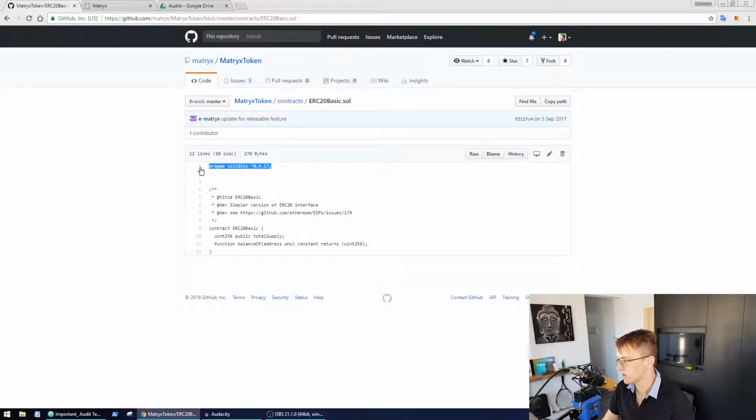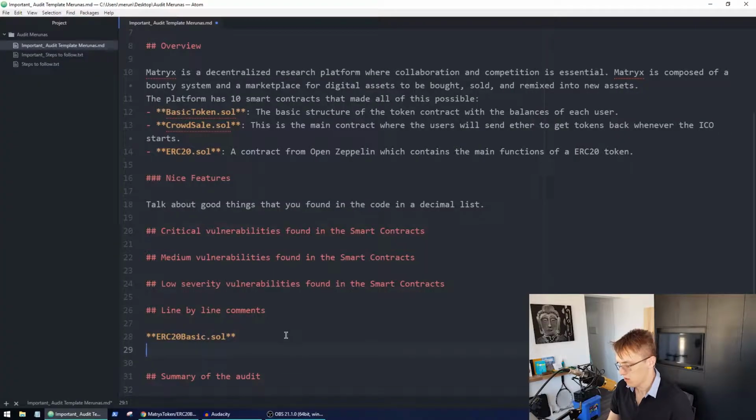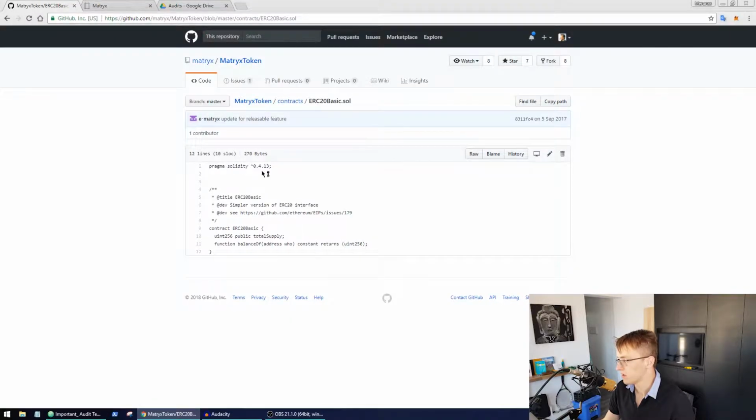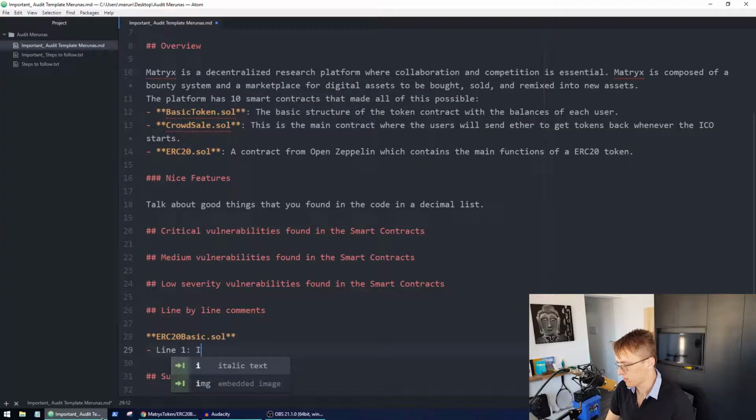Well, in the first line you can talk about whatever you want, but I like to, at the end of the day, it's about finding things that can be improved. So even if it's a really small thing, even if it's just a suggestion, it's important to describe it here. Line 1, here in this line I'm saying, in this line